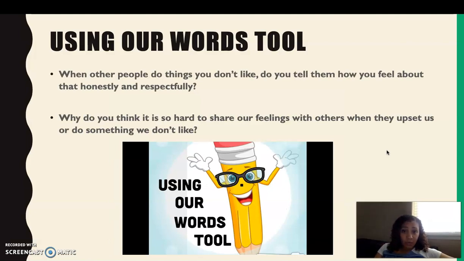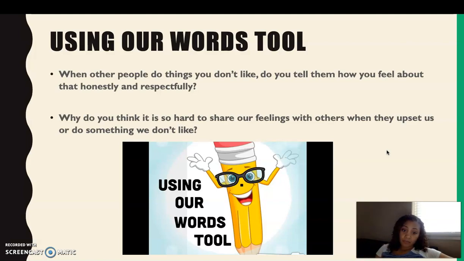So for the using our words tool, our physical tool is a pencil. Kind of like I just said with the eraser. So you're going to act like you're holding a pencil. You're just going to write in the air. Time to use your words. If you see your teacher kind of going like this, they're letting you know maybe this is a good time